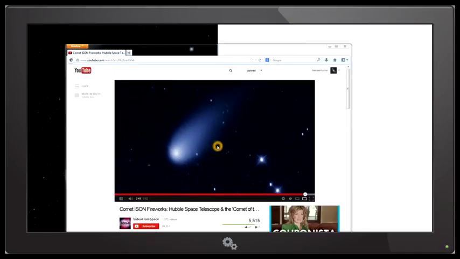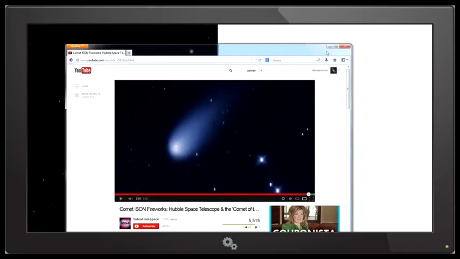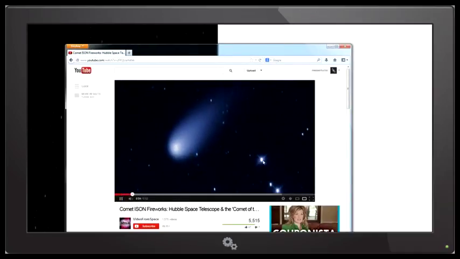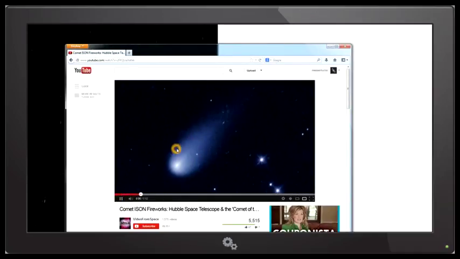So the first thing to do is to, as always, look at the raw images. Now the raw images were actually not aligned on the stars, not where Hubble was tracking the stars as you see in the video, but Hubble was actually tracking the motion of the comet. And then in post-processing they aligned